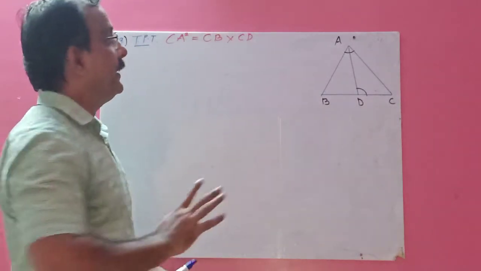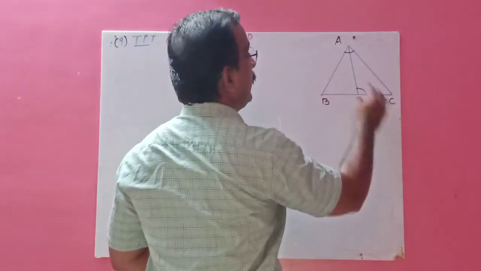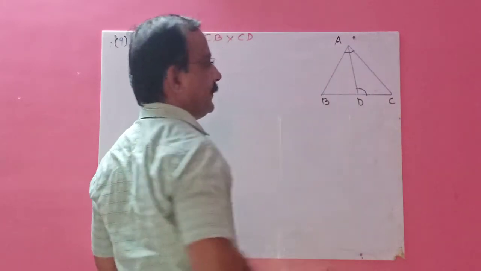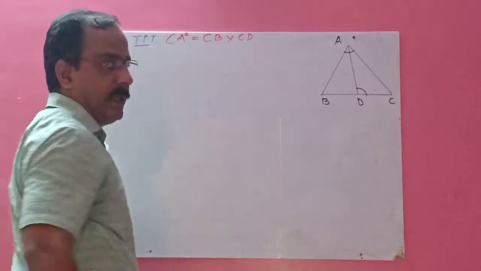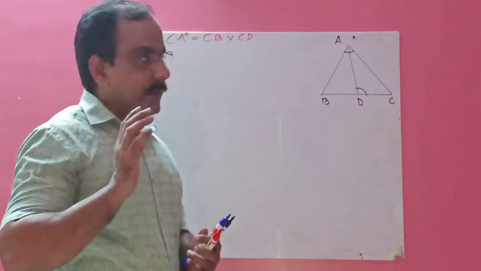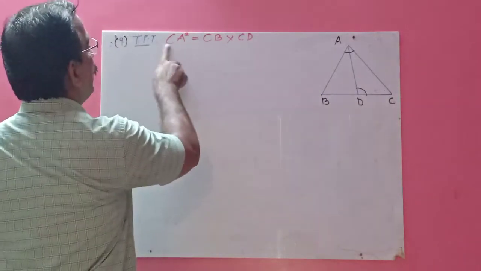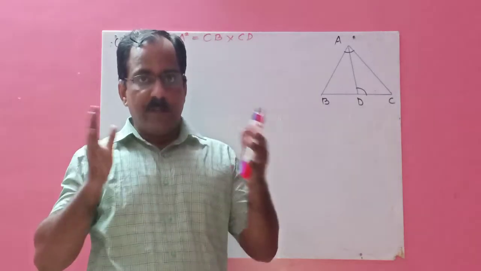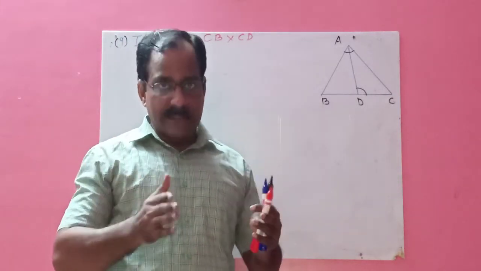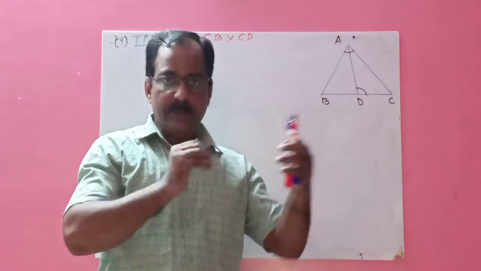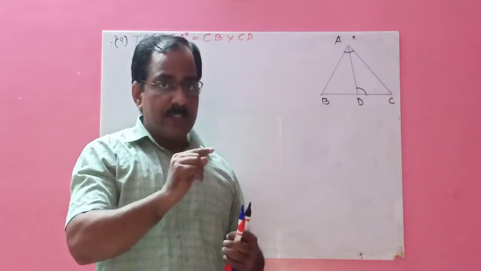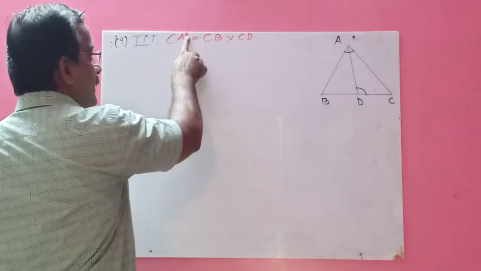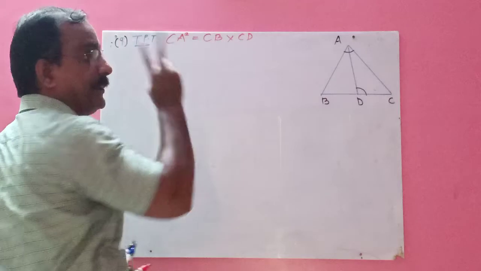First you see what is given in this. In triangle ABC, this angle BAC is equal to this angle ADC. Then prove this part. How will you prove? Now here the technique says find out CA belongs to which two triangles. Because after proving two triangles similar, you will get their sides in proportion. And by cross multiplication you will get your answer. So find out that CA square is there, it belongs to which two triangles?